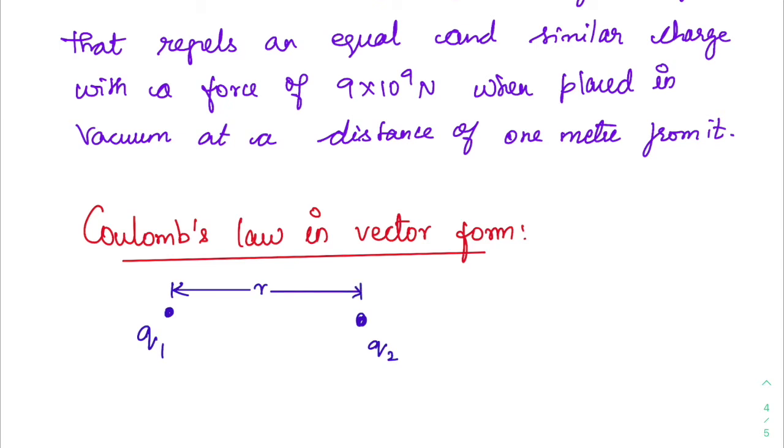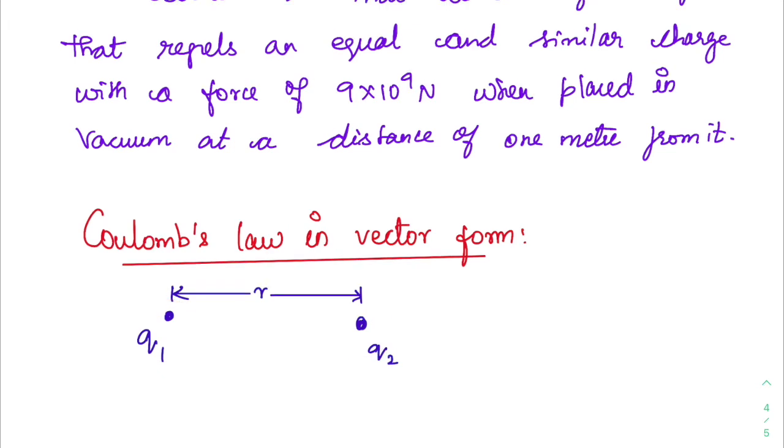Now, the two charges are going to experience forces. Suppose I want to know the force experienced on Q1 due to Q2, then I can say that this is going to be F12. Why this direction is given is, you can see these two charges are considered to be positive. So when there are positive charges, obviously there will be a repulsive force, where Q1 is going to experience a force in this direction because of the charge Q2.